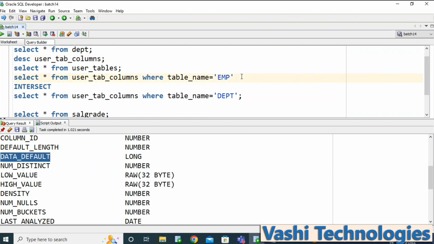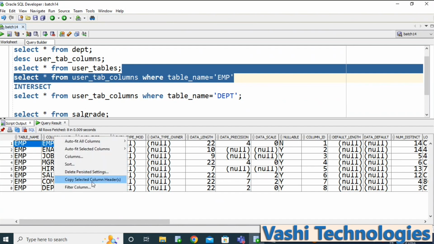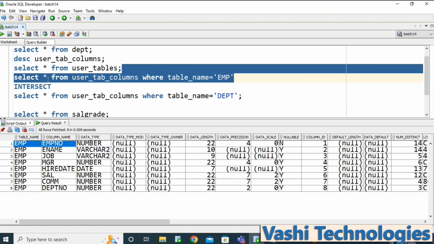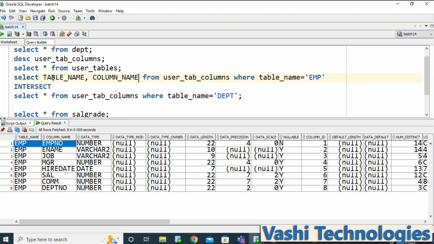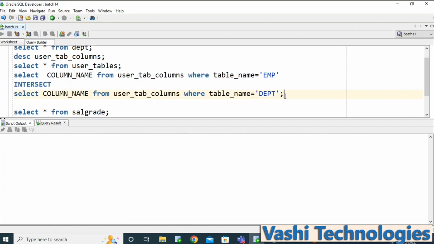Okay, but I don't need all the columns, right? I need only the column name. Take only the column name value, and check in this case as well only the column name, and look at the common column value, the DEPT number value.